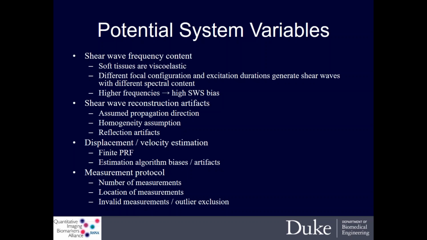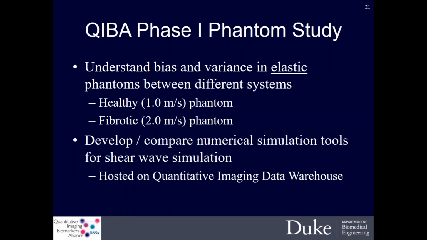confounder we could address. So we've conducted so far since 2012 two phases of tissue mimicking phantom studies to try to get at the question of whether or not viscosity was a primary confounder in these measurements. And we started a phase 1 study by looking at two tissue mimicking phantoms that were closely assumed to be purely elastic, meaning that they should not have any of that frequency dependence. And we chose two nominal shear wave speed phantoms to distribute to different manufacturers, one that was at 1 meter per second nominally and one that is at 2 meters per second.